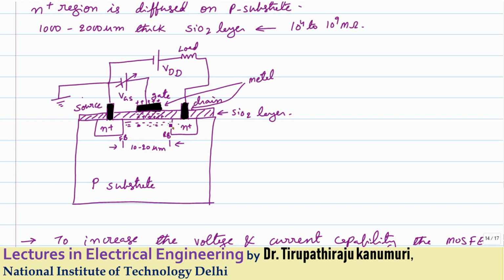I am keeping the conventional current direction, so the current direction will be like this. As you increase the value of the voltage across the gate, automatically it will induce more charges here, the conductance will increase or the resistance will go on decreasing, and more current can easily pass. Whenever this gate is turned off, the charges which are induced will completely discharge. Once the capacitor is discharged, these carriers will not be there. So again it will act as an open switch.